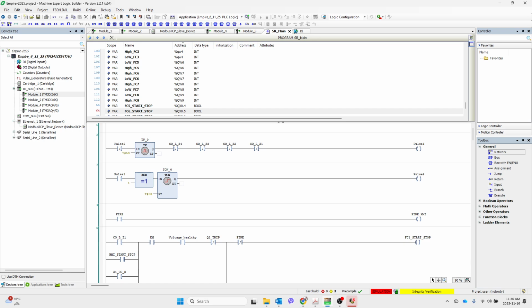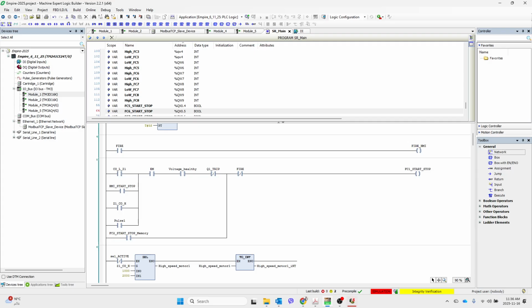In case the CO level goes high, in level 1, let's say, low, then the motors will operate in speed 1. Once the CO level rises above the threshold, then I will get another signal indicating that